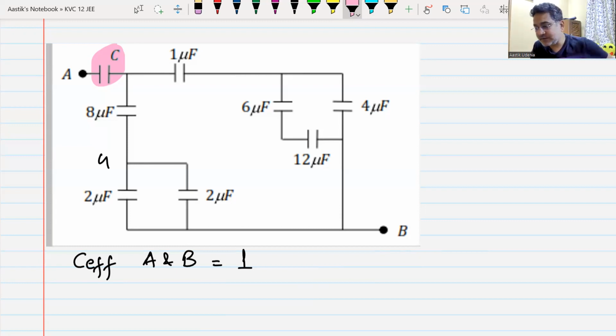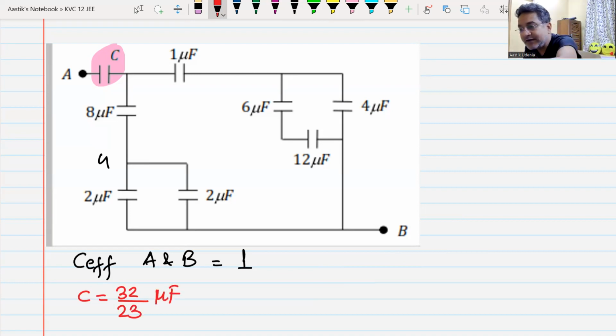The effective capacitance between A and B was given as 1, and from there you had to find out the value of C. You can do this, yes or no? Yes, sir. I'll give this as homework. The value of C that we are getting, the answer, is 32 by 23 microfarad. You can solve this. This is a very simple series and parallel combination, yes or no? Yes, sir. So solve it